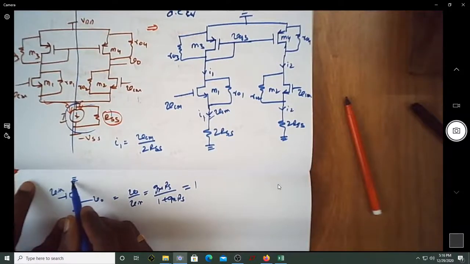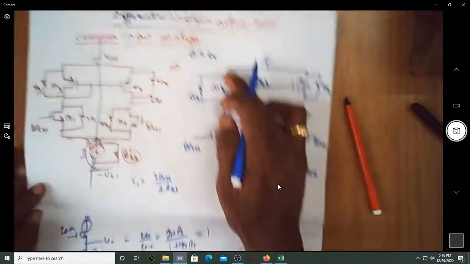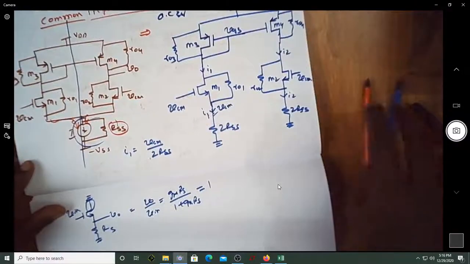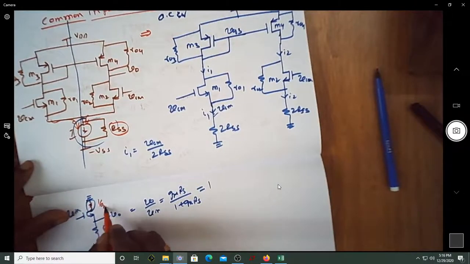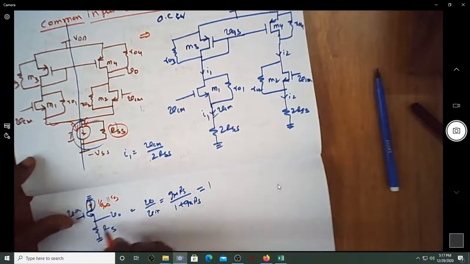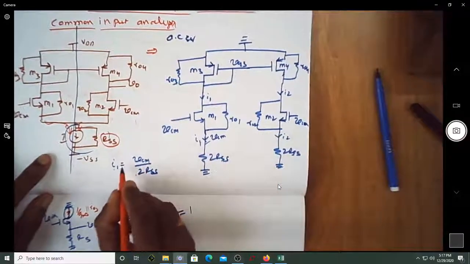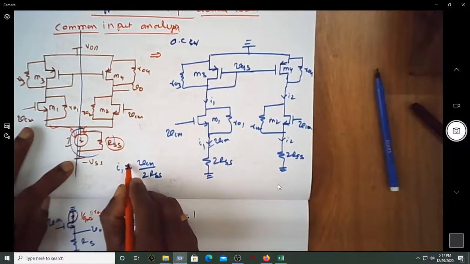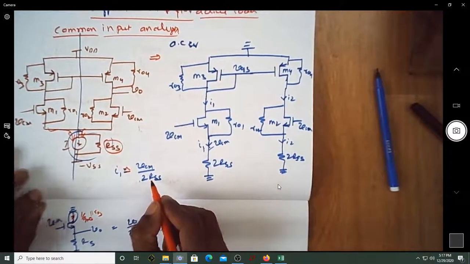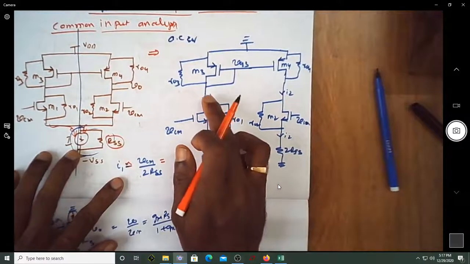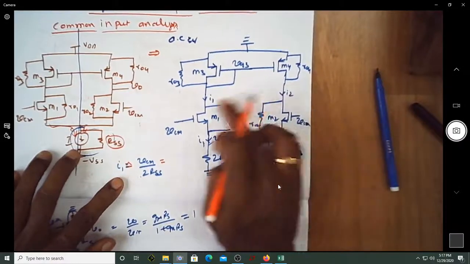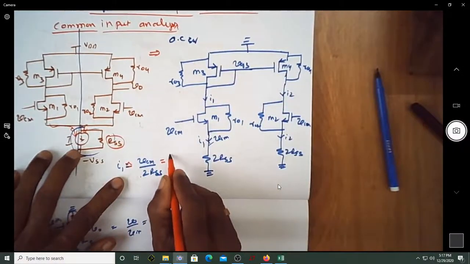Now even though this is AC grounded, it may not be perfectly AC grounded, but the resistance you have here is very small, which is 1 over gm3 in parallel with ro3. I can approximately write this I1 as equal to VCM by 2RSS. The same current is mirrored here because of this mirror action, so I'm going to have the same current